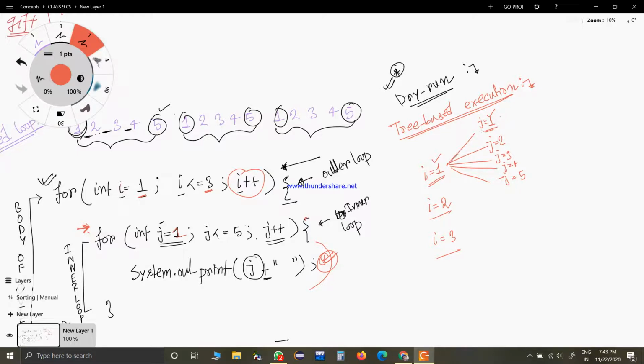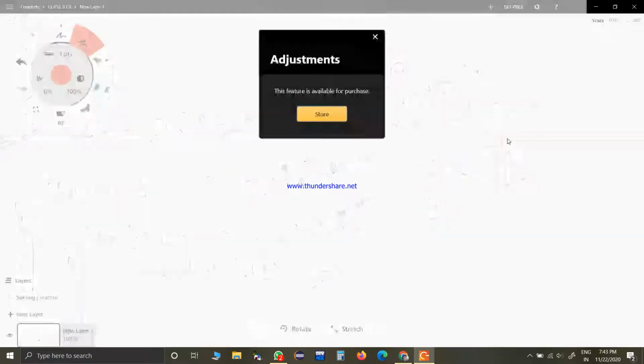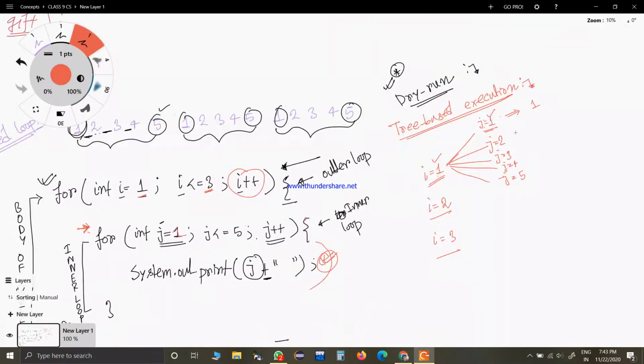So for I equal to 1, j equal to 1, what will you get on the screen? 1 as output. Now for I equal to 1, j equal to 2, you will get 1, 2 as output, because 1 is already there. Now 2 is also printed, with a space.